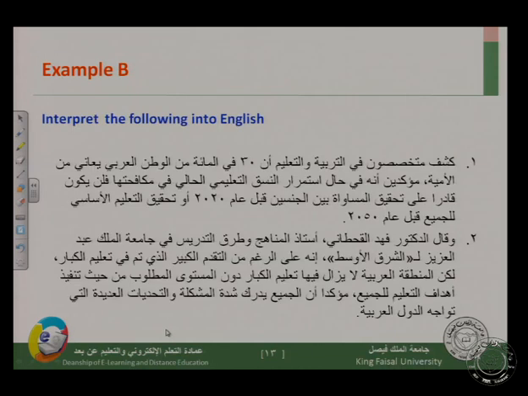Now we move to the Arabic one. Interpret the following into English. كشف المتخصصون في التربية والتعليم أن 30% من الوطن العربي يعاني من الأمية. Specialists in education have discovered that 30% of the population in the Arab world suffer from illiteracy,